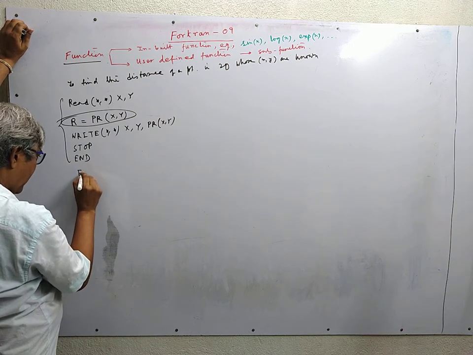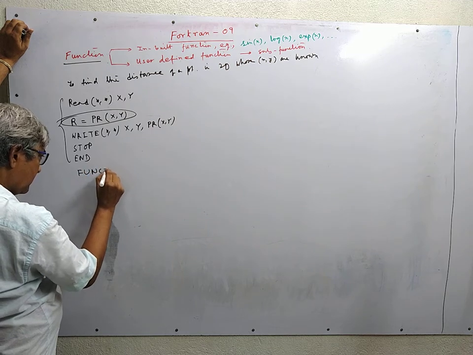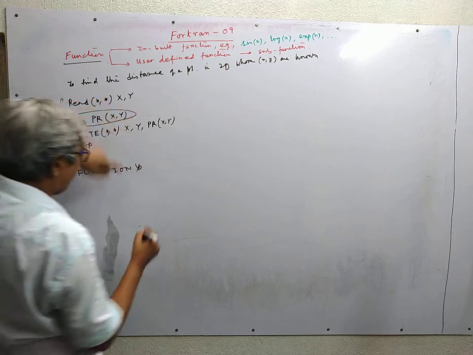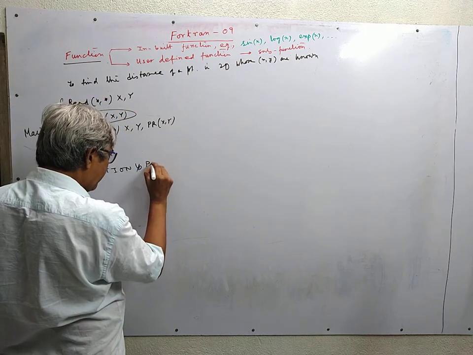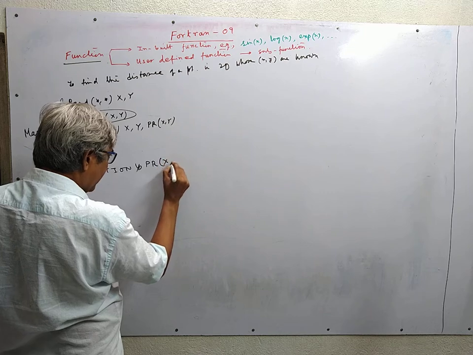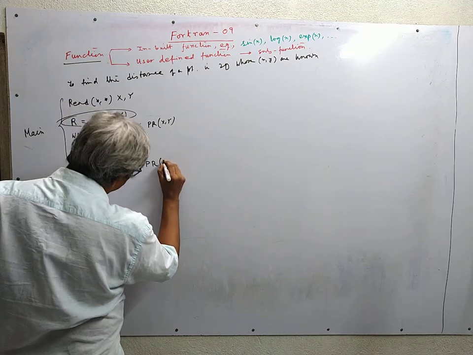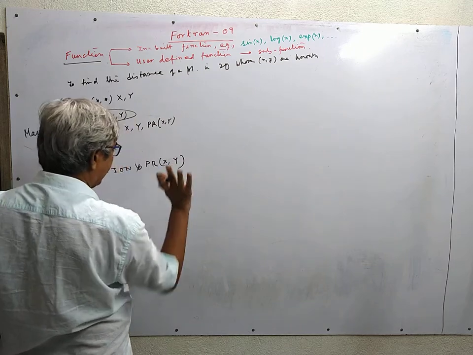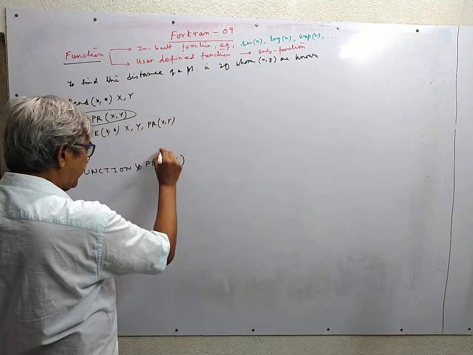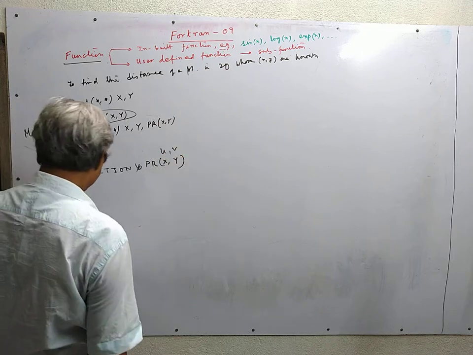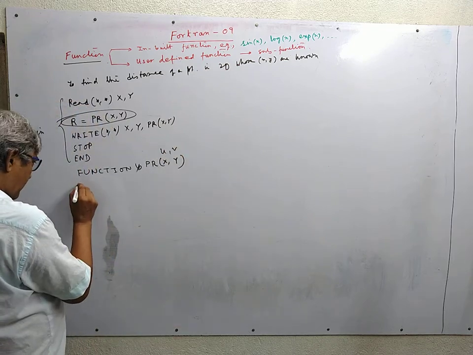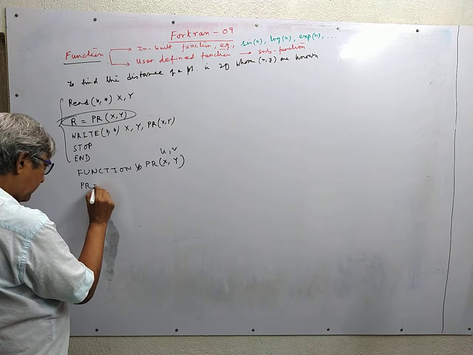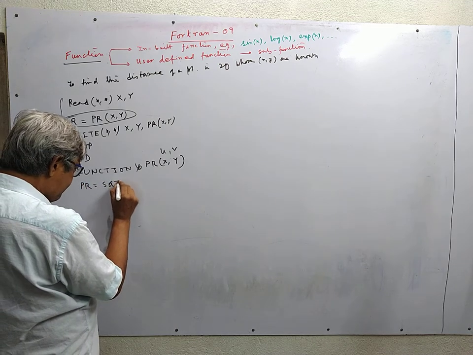Subfunction, then you write function, the name of the function, PR, inputs x and y. I may write it x and y, or you may write anything, any real variable, say u and v will do. Then we come to PR. PR is equal to square root